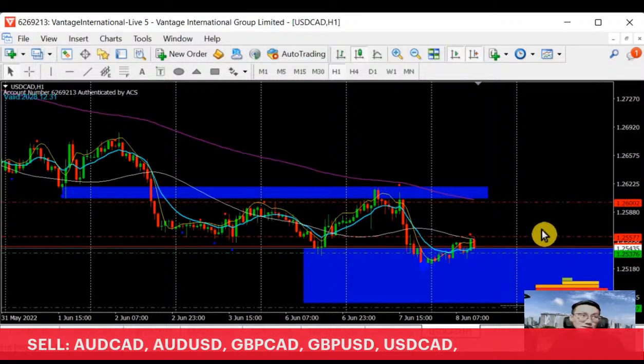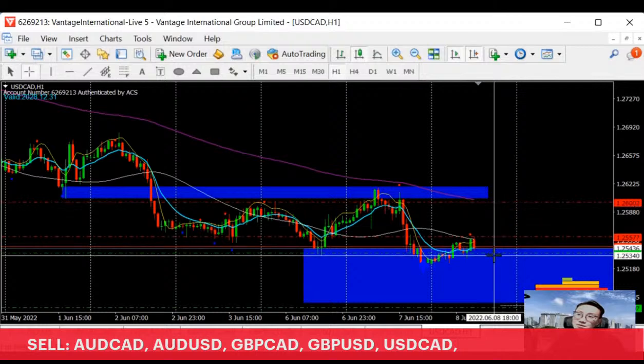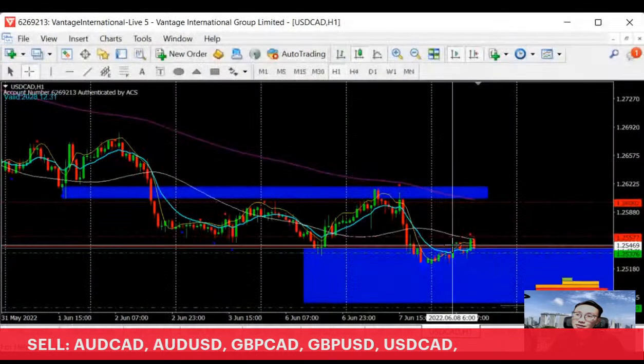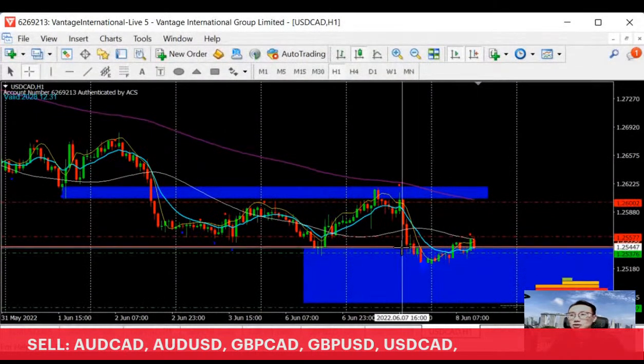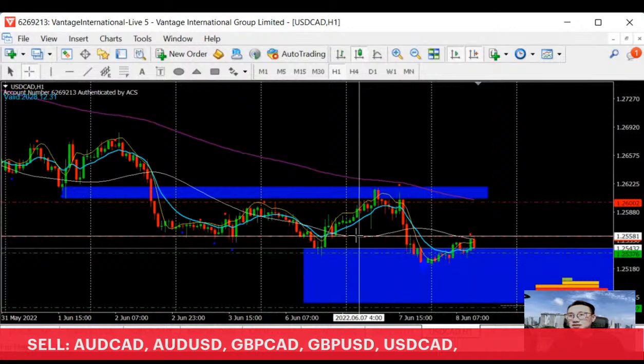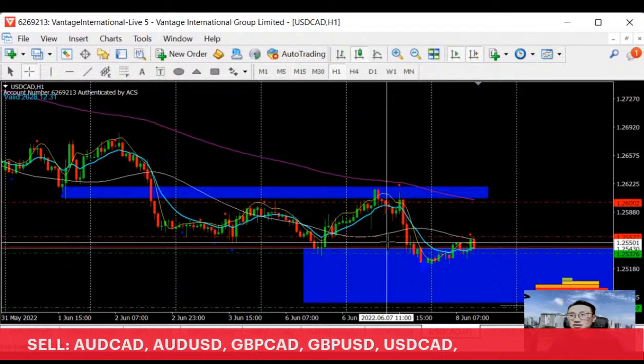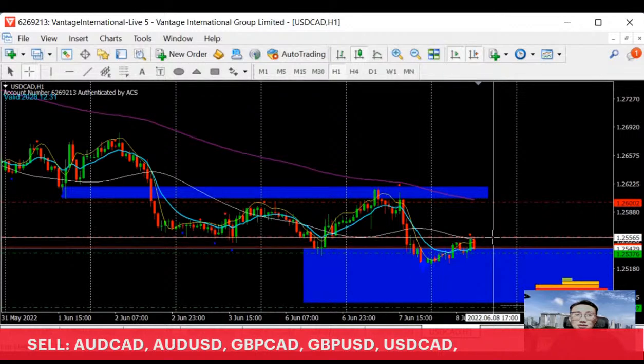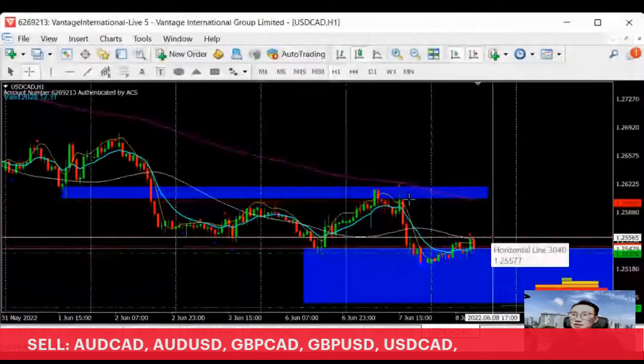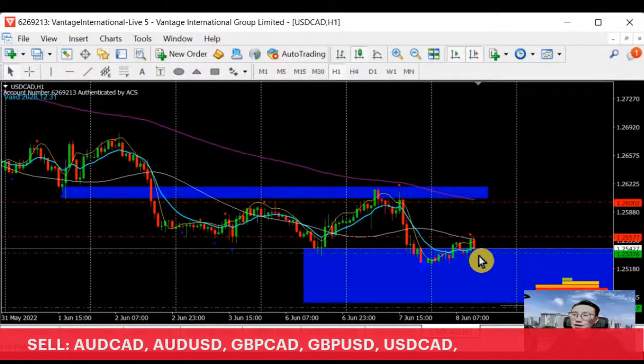Some guys collected 30, some guys 50. So over here we have collected about 50 pips, and now we are still struggling in this area for the pullback. This pullback is meeting up with a resistance, previous support. As you can see, the area of support has become a resistance area. So this is quite a good one, that if the support has been broken over here,